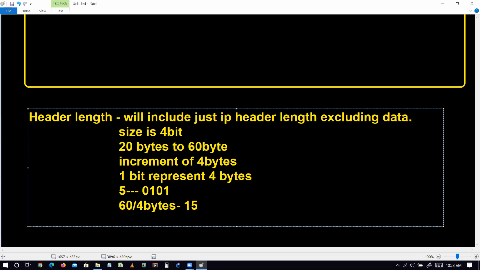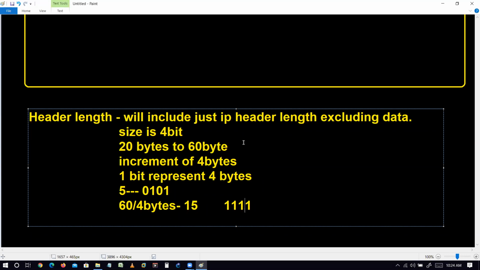If I want to show 15, how can I show it? 1 1 1 1, right? I will enable all the bits. So if I show you 20 bytes, I can just use 0 1 0 1. If I want to show you 60 bytes, the maximum size, I can use all 1s, right? So like this, the header length field represents the bytes. Any doubt to this point?